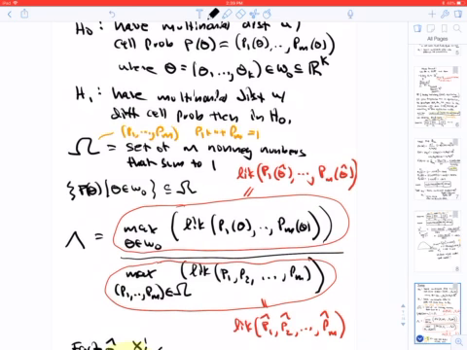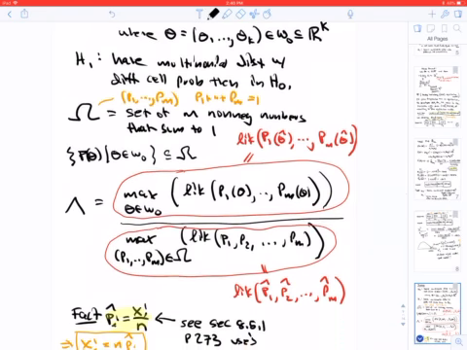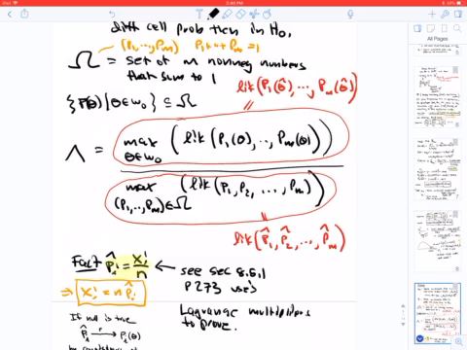So capital Omega is essentially all (P1, ..., Pm), which are non-negative numbers between 0 and 1 that sum up to 1. So that is some open set in R^m,